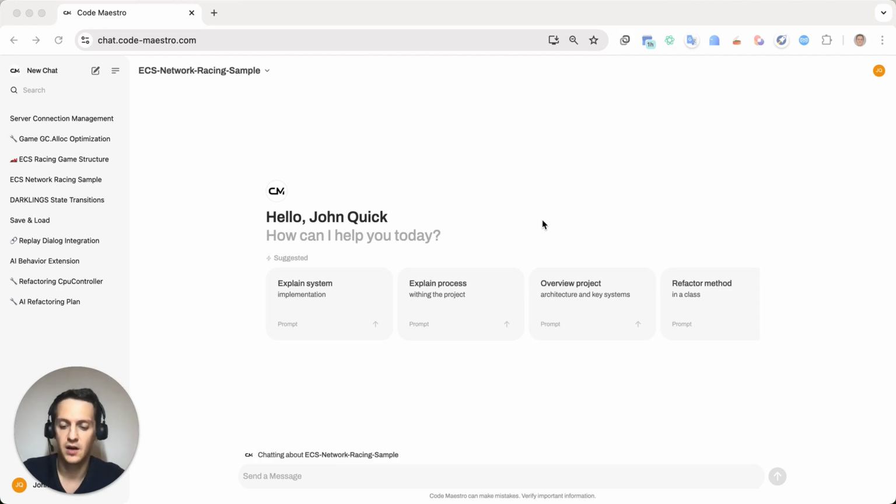So let's imagine I'm a new developer who just joined the project, and I'm trying to figure out how a particular important module subsystem of the game works. So my example is the racing game. I'll be asking about something like vehicle simulation, let's say. So let me ask Code Maestro about an overview of the vehicle simulation feature because I don't really want to bother